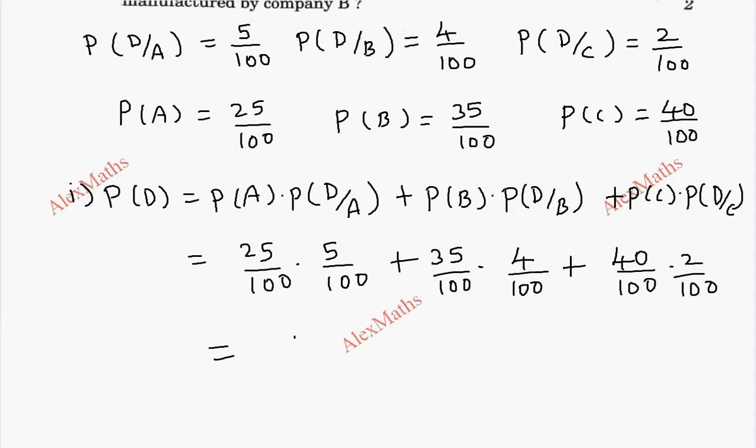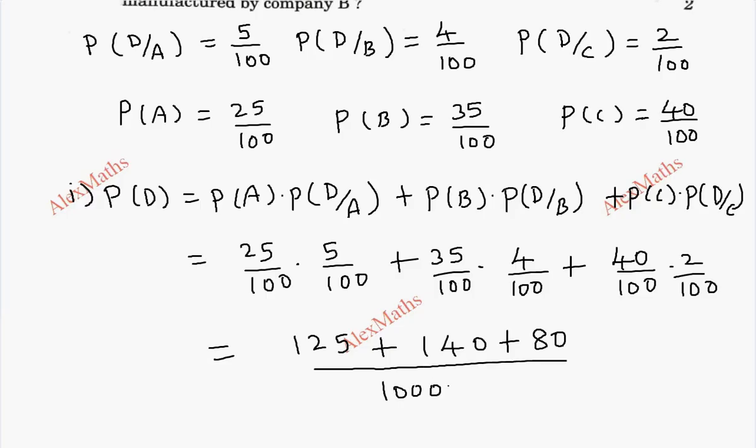Now totally this is 125 and this is 140 and this is 80 whole divided by 10,000, and we are going to add this